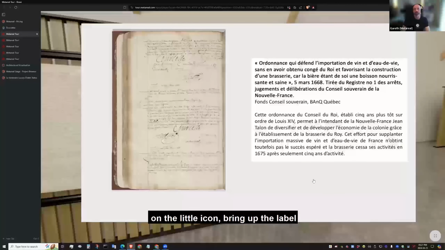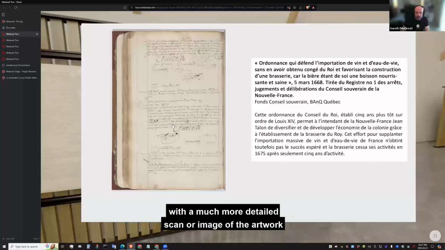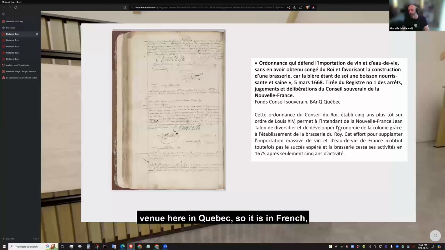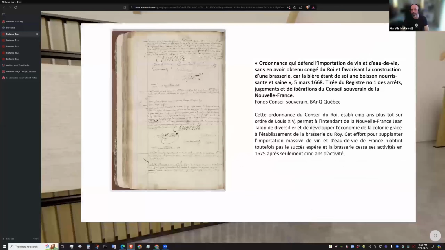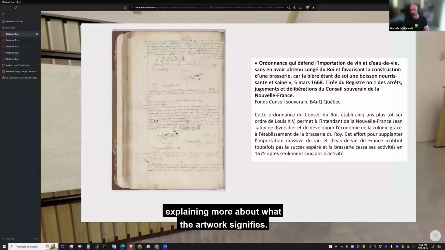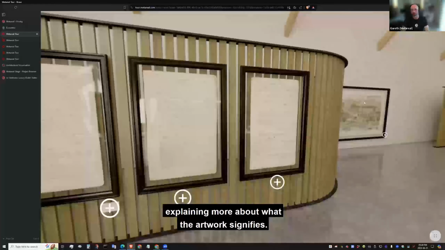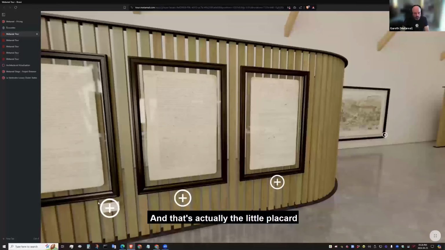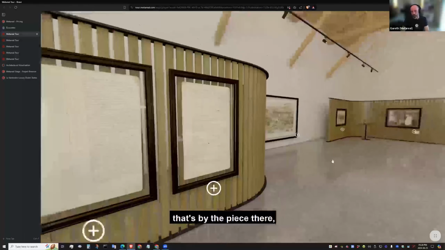And here we're able to click on the little icon, bring up the label with a much more detailed scan or image of the artwork, and also the text. It's from here in Quebec, so it's all in French, explaining more about what the artwork signifies. And that's actually the little placard that's by the piece there. So we can